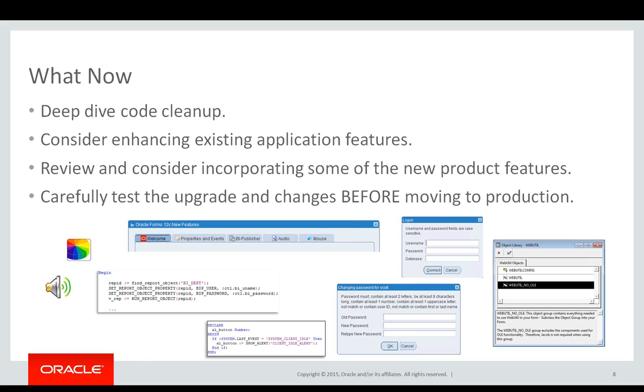Do I have old code that's never used? Do I have repetitive code? Do I have code that's not even applicable to run in a web environment? That type of effort will definitely improve your experience, both upgrading, but also on the other side of it, the user experience. If the application code is cleaned up, likely it's going to perform better